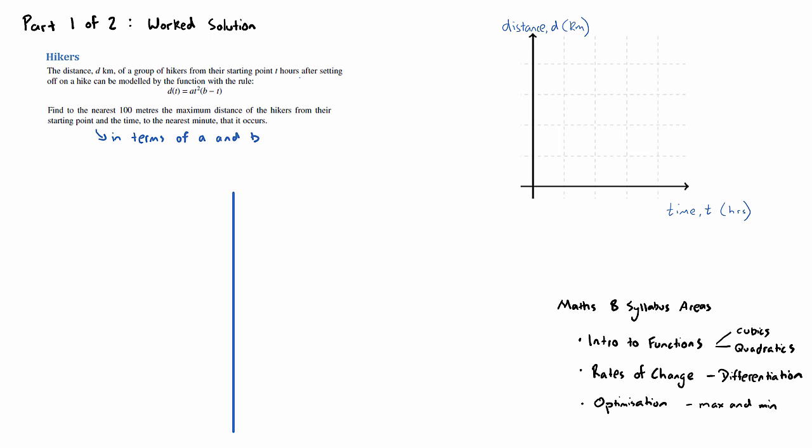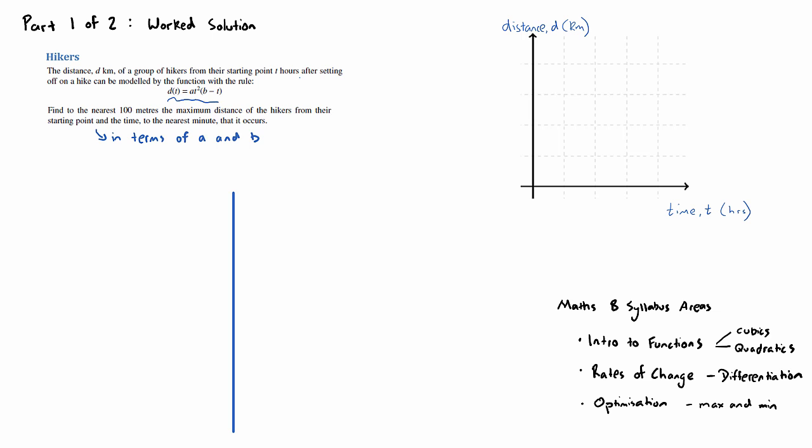In this video I'll be doing the video work solution to the question that I was allocated, which is hikers. To summarise this question, a group of hikers march out from their starting point and the maximum distance away from their starting point can be modelled by this function here. The distance d equals at squared brackets b minus t, and t is the time in hours, and a and b